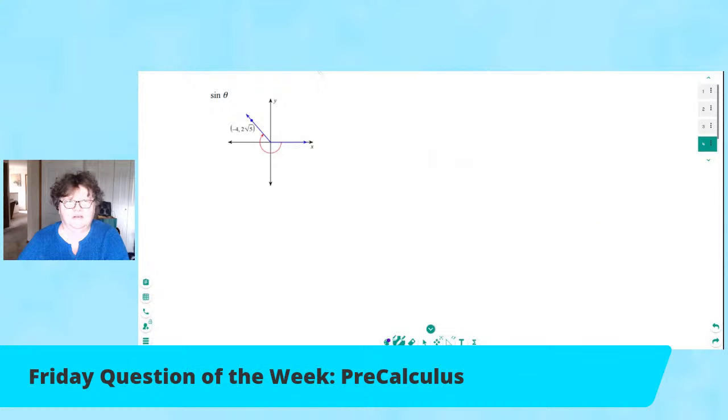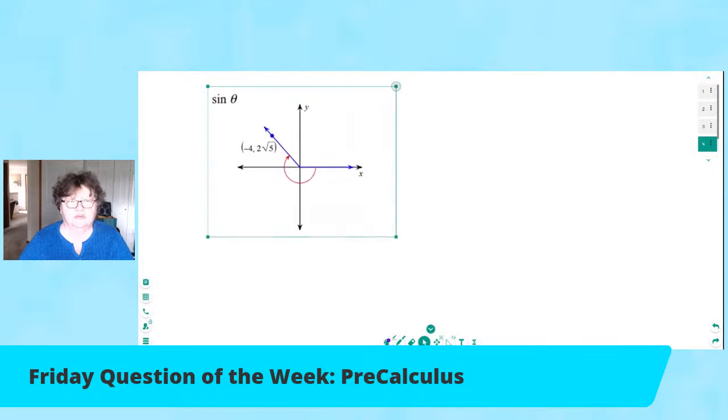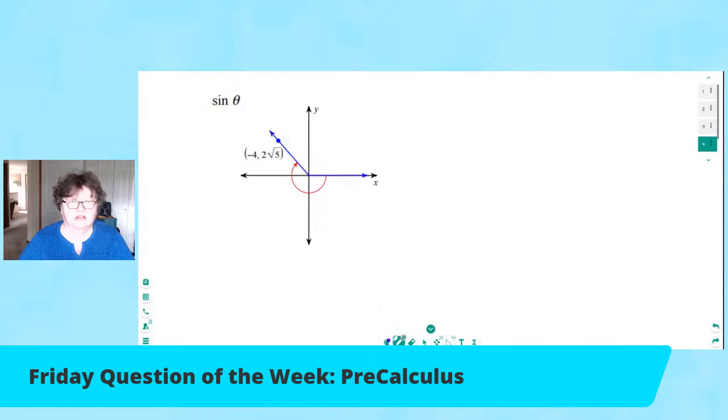Okay, so here we go. It doesn't really change. I only picked this one because it had an even nastier square root on it. So I thought, why not? But once you get the hang of it, these are really quite easy. So there's the 90. Again, another negative angle, right? And this is theta. So we've got -4, and we've got 2 root 5 over here. So I'm going to do the Pythagorean theorem again. So -4 squared plus 2 root 5 squared